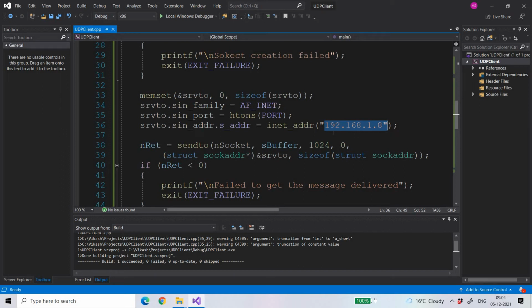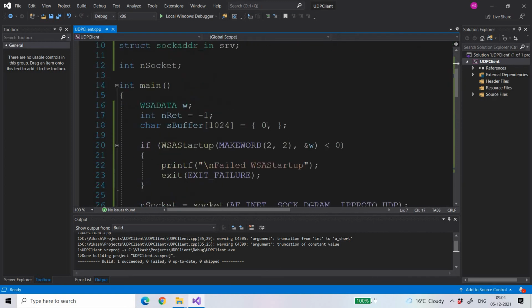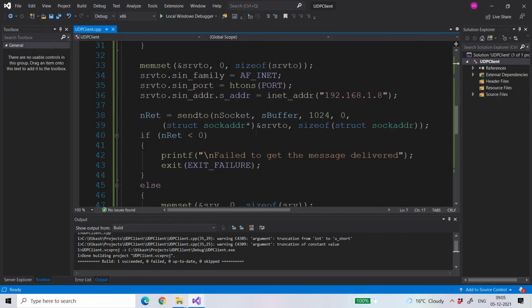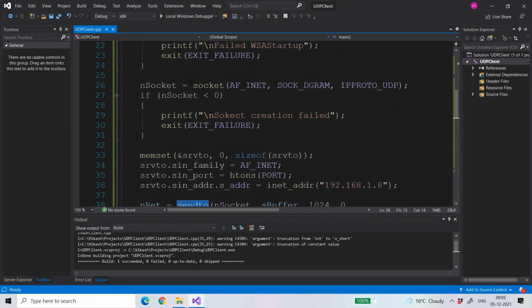So this is the address of the server, which is in fact my machine. This is the IP of my machine. So that's why it will simply send the message to this IP, and the port number is already mentioned here. This is the same port number as the server. And now I'm just going to call this sendto function. I have already explained this sendto function. This is the same thing. The only thing is that this time you don't need to bind it, because you are a client. You don't need to bind it. You just need to send.